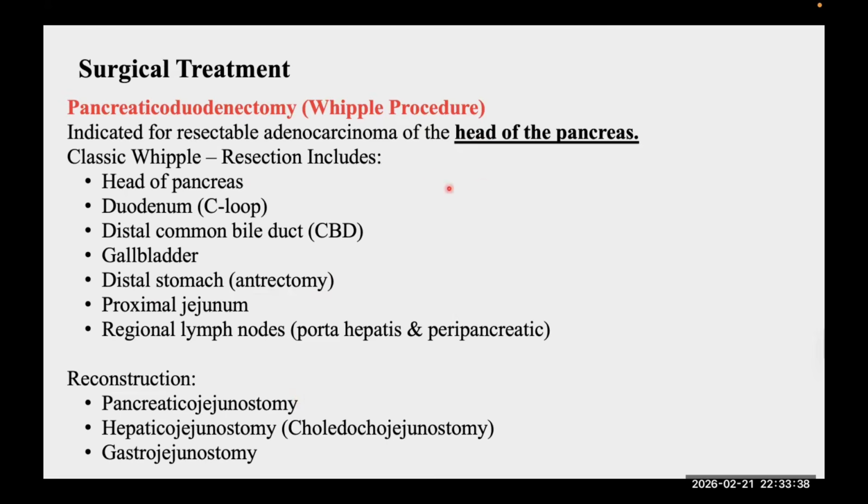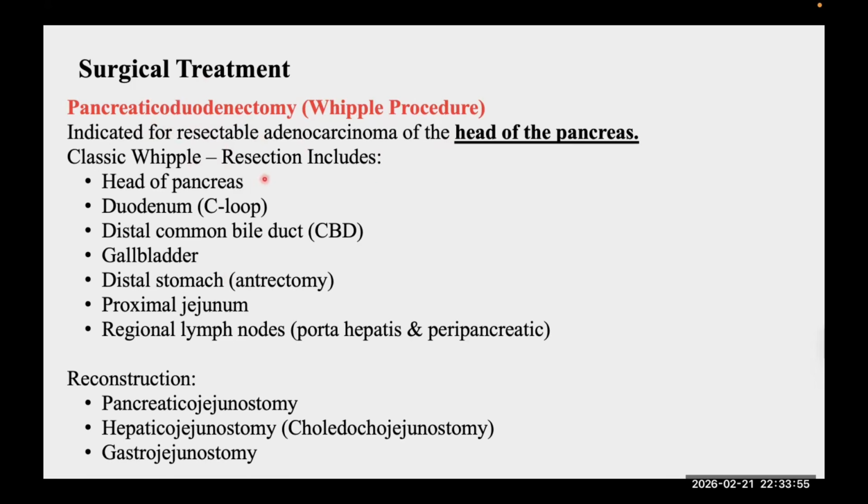If the tumor is in the head of the pancreas, there is a certain procedure that can be done, and that's called the Whipple procedure, or pancreaticoduodenectomy. This is only for resectable adenocarcinomas of the head. We will discuss the resectability in a bit, but just keep in mind, if it's resectable, we can do the